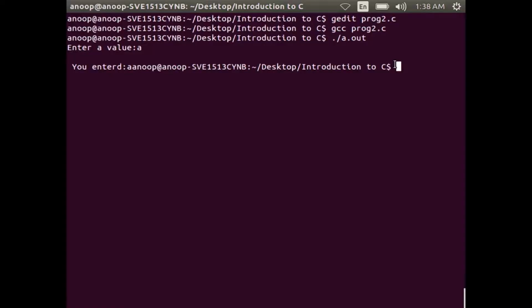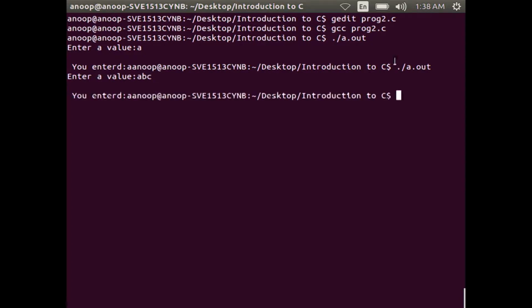Suppose you compile and run this program again, you see enter a value, and you enter ABC. Now, you can see the output as you entered A. Here the sequence of characters ABC will not be printed, because putchar will only print the first character.